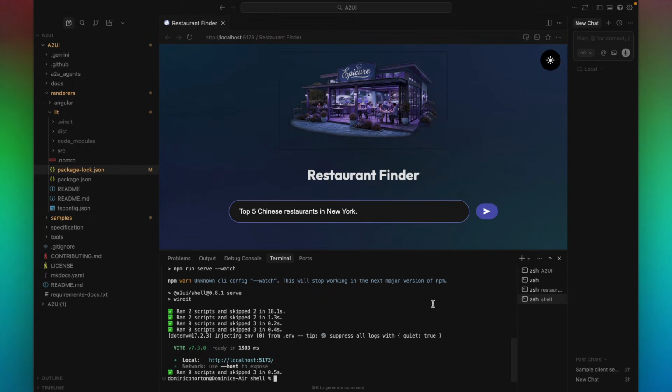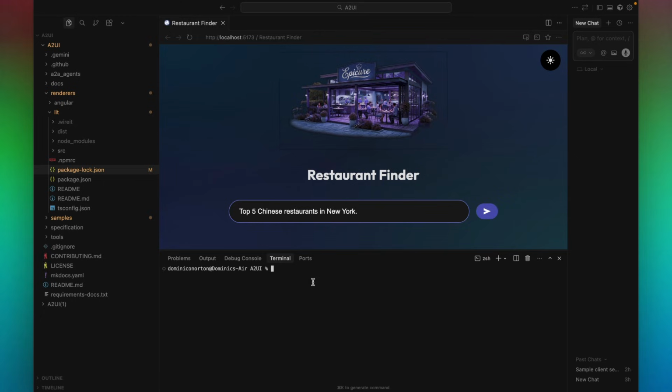And I created a new terminal. So I'm going to actually do this again. So I have a new terminal. What I'm going to do is add my API key. So we have my API key in this terminal now. Head over to the restaurant finder. So cd, and